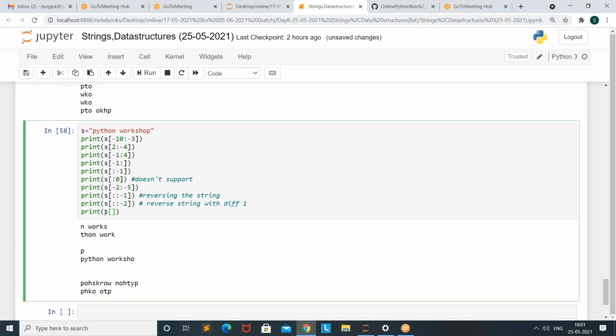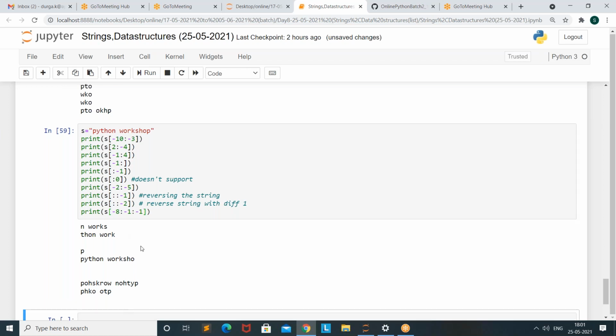So what is the starting value of the negative indexing of workshop? So we are using -8 to -1, and the step value. I want to only display in reverse format. I didn't want any difference. That's why we are using only -1. So it displays nothing. Why? Because